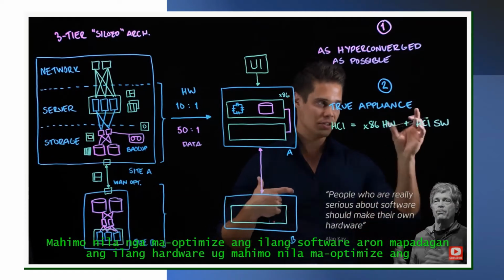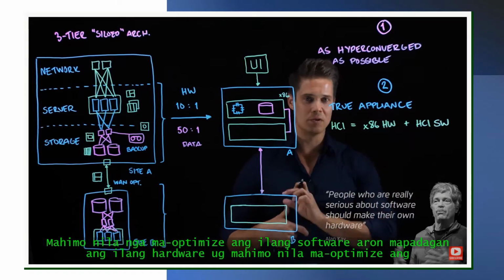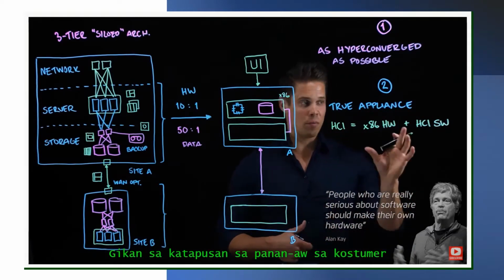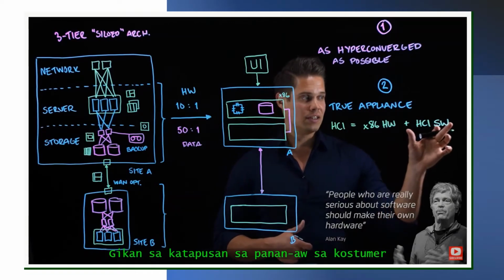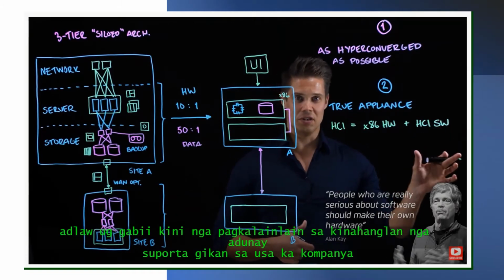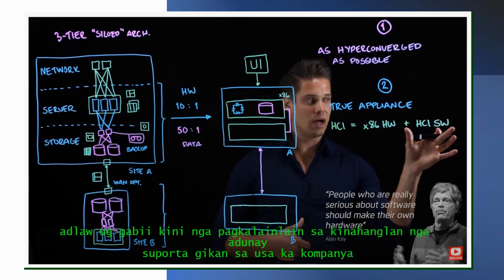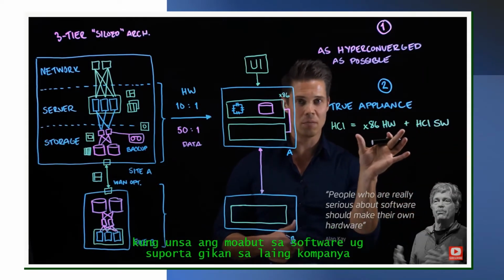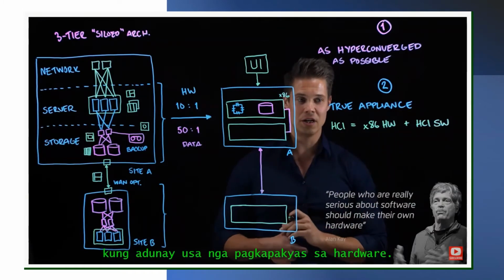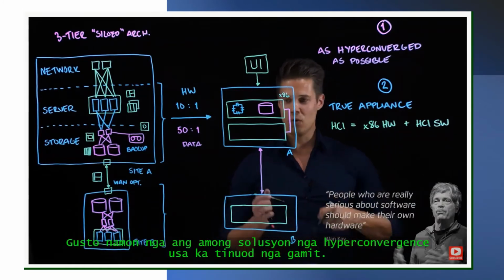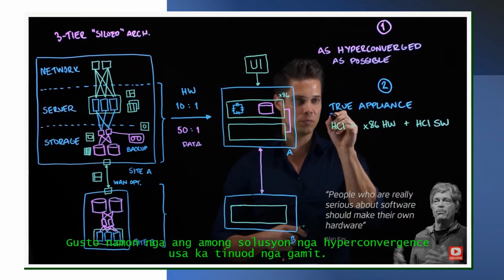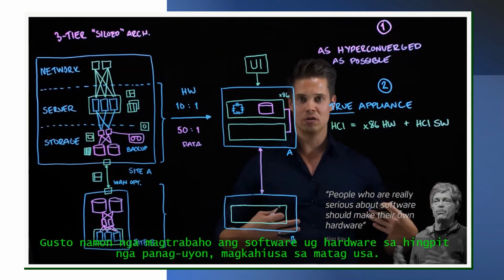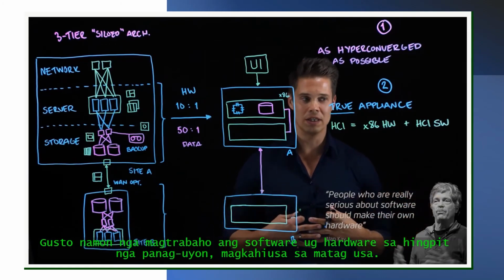They can optimize their software to run on their hardware, and they can optimize their hardware to run their software. From end customer point of view, it's day and night difference in having to have support from one company when it comes to software and support from another company if there's a hardware failure. We want our hyperconvergence solution to be true appliance. We want software and hardware to work in perfect harmony, in sync with